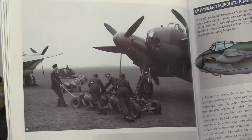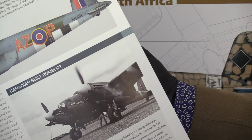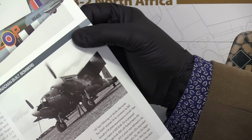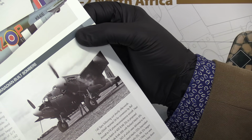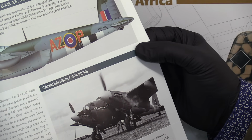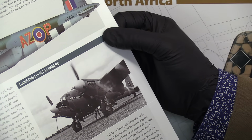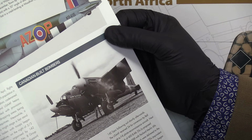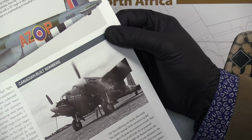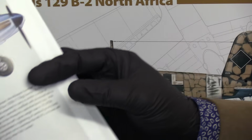Loading up the bombs there, one of the bomber versions. Canadian built bombers, yes, they had a factory in Canada, didn't they? Where was it at? Yes, Downsview, Ontario is where they had the factory in Canada. How many did they produce? The first 25 Mark 7s were all from Canada. Yeah, I need to read that in more detail. And then